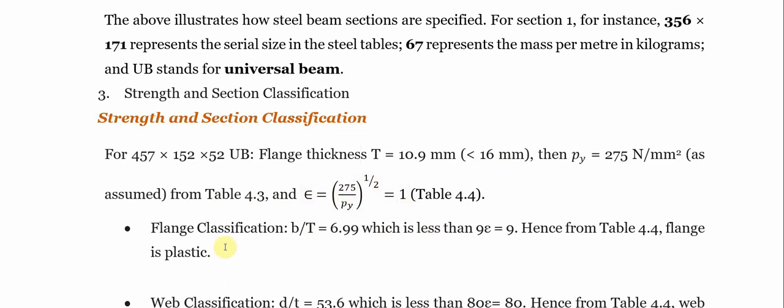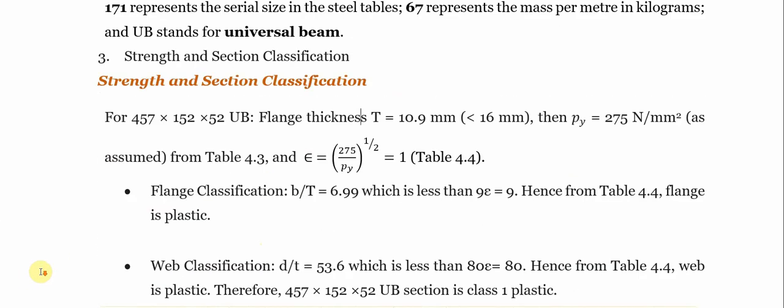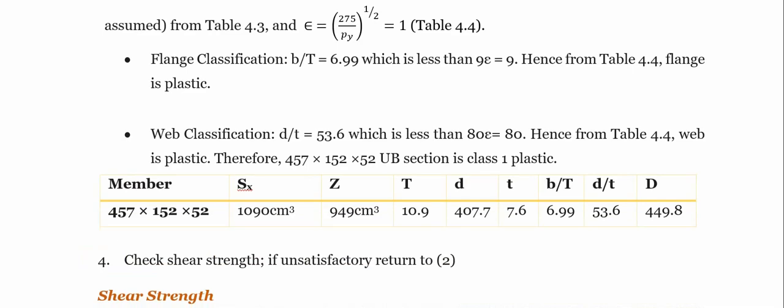Now this flange classification is under our BS code. We will check b over T. What we have for b over T is 6.99, which is less than, if we use the normal, 9 epsilon. Let me see the table that we